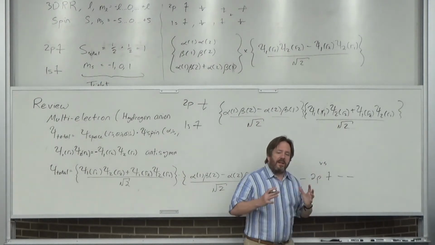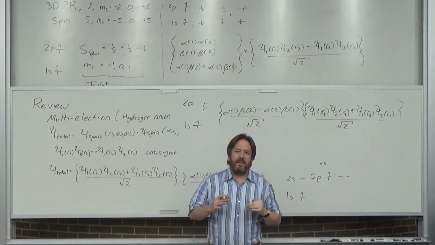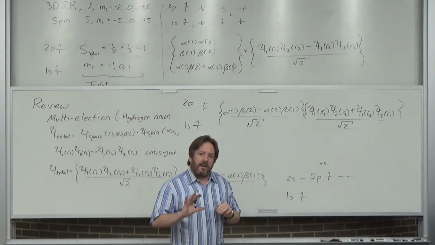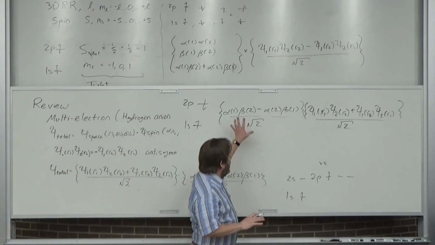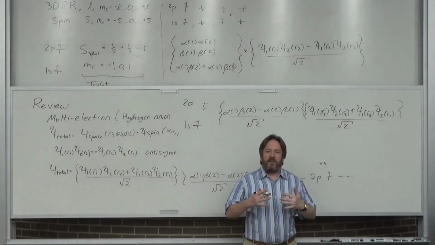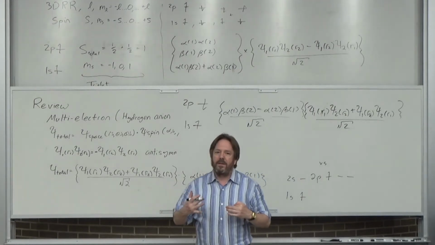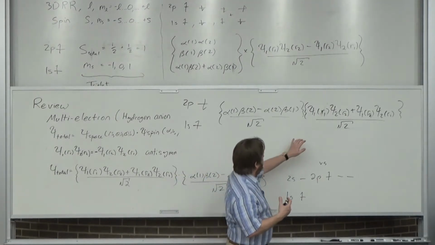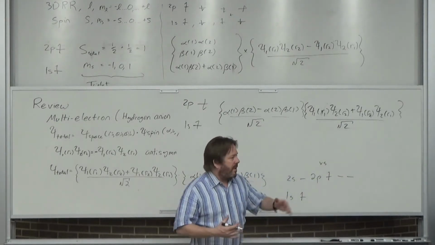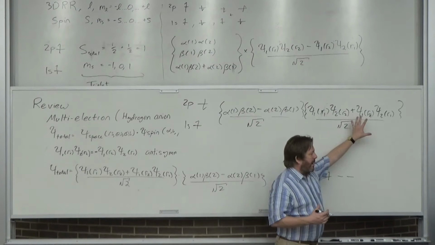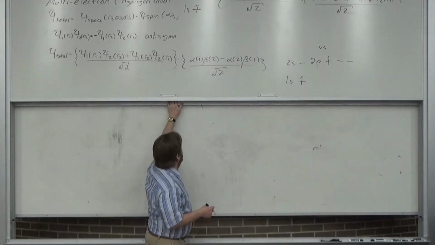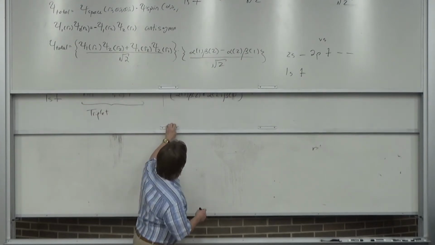So the singlet states, the diamagnetic states, the non-magnetic states, those are actually kind of easier to understand, especially because there's only one of them. And it always looks the same. If these two orbitals are 1s orbitals, that would be like the ground state of the hydrogen anion. And if that's a 1s and that's a 2pz, then it's an excited state. But either way, the whole thing is the same. The triplet is just a bit more complicated because there's three different possibilities.